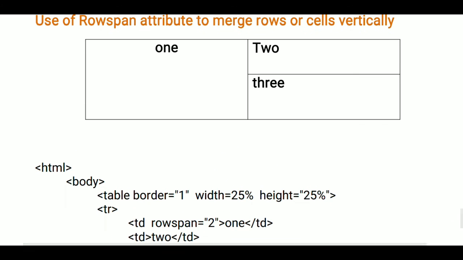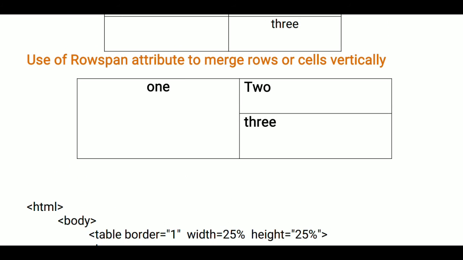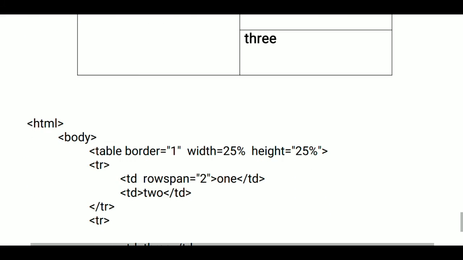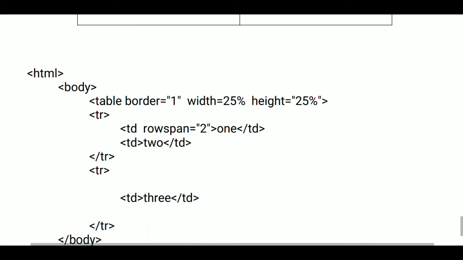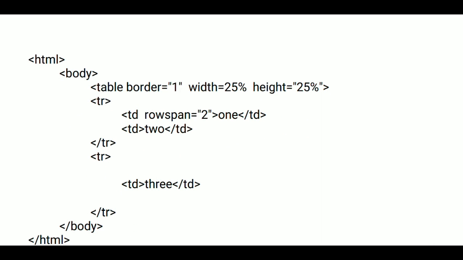Now, what is the content? 1. We have to write it down and then the closing TD tag. Then next is a TD, that is 2. Okay, so here our first row is complete. Now you see in the second row we have only one content, that is 3, because this one will be considered as one cell only, and we already did that with the help of rowspan. So in the second TR, how many TD will come? Only one TD to write our content 3. So use the TD, write 3, closing TD, and our second row is closed. And then the closing body tag.